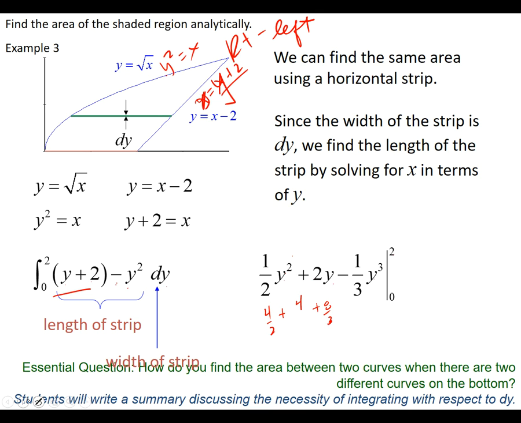So here's what they did. They went to 2 plus 4 minus 8 thirds. So what's 2 plus 4? 6. But if I want that in thirds, how can we write it? 18 over 3 minus 8 over